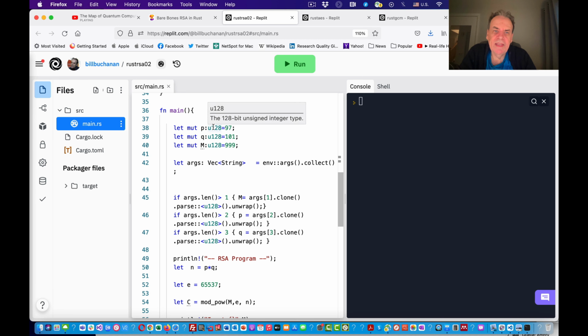Okay, so I'm declaring these as 128-bit integers. So you'll find that when you create your integers, they will automatically be given a type defined with the value that we assign to it. In this case, it's likely to be assigned an integer, 32-bit or a 64-bit.